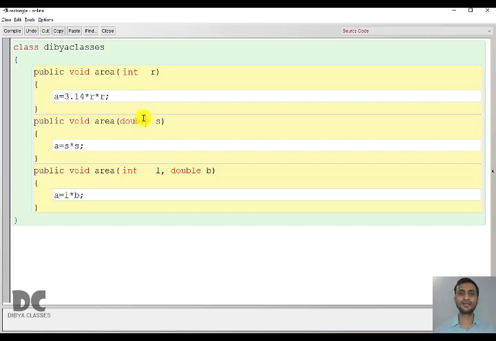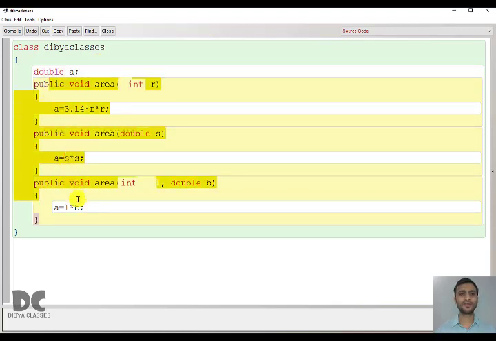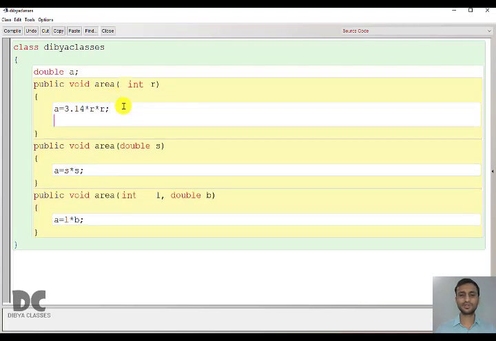In the board exam generally you will get only this part, to write only the overloading part. But assume that the board exam also asks you to write the main function. So actually till now we have not written the main function. Okay. So now we'll do one more thing. We'll declare the variables and write the print statement also. Let the variable a be a global variable so that it can be used throughout the class, or in all the functions. And let us also print the areas in each case.